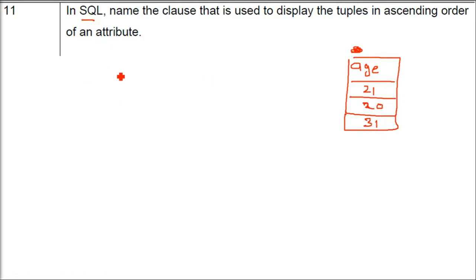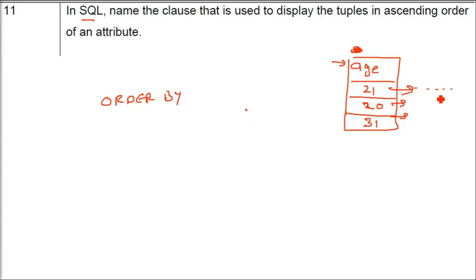Now whenever you write a query, select star from this table, you have certain condition, and then after that you give order by age, or order by age DESC. So order by means now the records will come in ascending order of age.